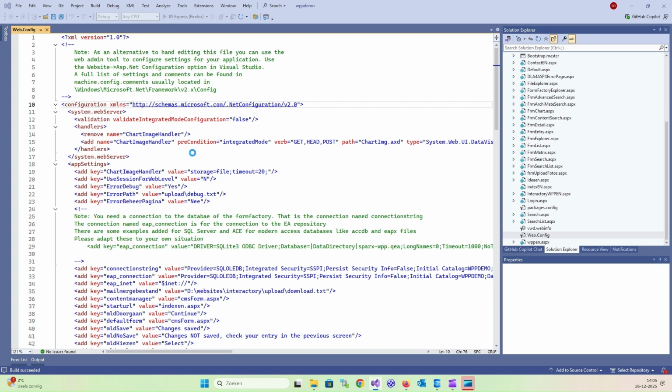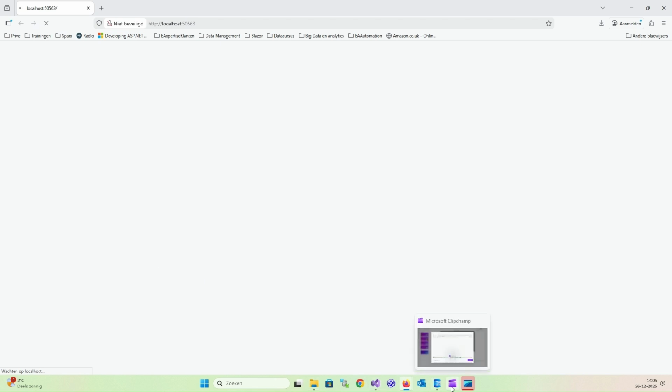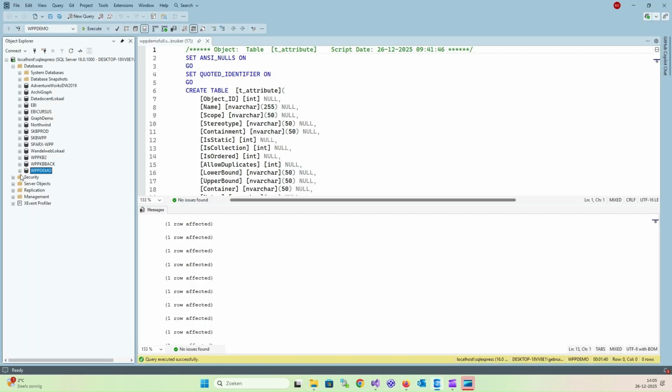So let it take some time to start, because in the same time I can show you in SQL Server Express that there are now a number of tables. And yes, let it expand, and here you see the things that we are familiar with. These are the tables available from Enterprise Architect. All those tables start with a name T, and